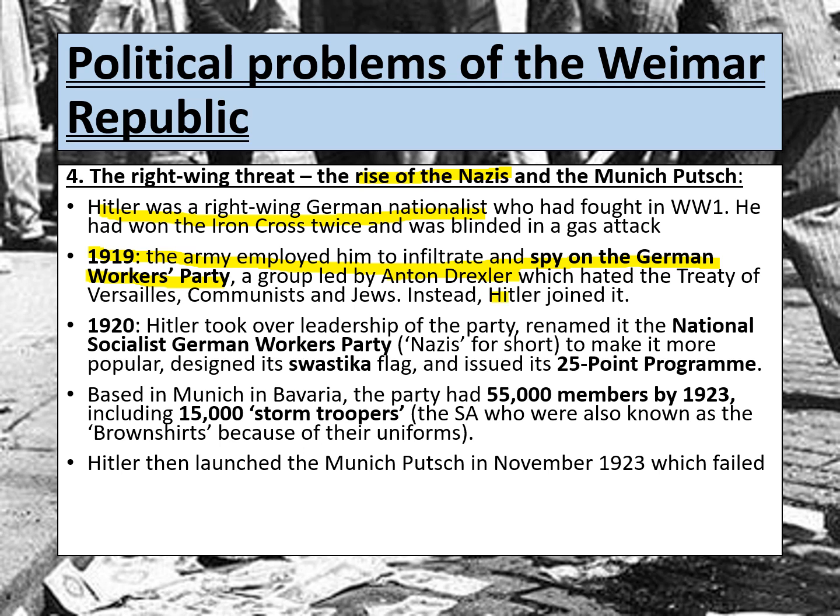So in 1919, Hitler decided to join the party. But in 1920, he then took over leadership of the party, and he renamed it the National Socialist German Workers' Party, which was called the Nazis for short. He also decided to try and make it more popular by designing the swastika flag. This would make the party more eye-catching and people would know who they were. But also he issued the 25-point programme, and this was again supposed to tell the German people about what they hoped to implement if they became leaders. And a lot of these points were about making Germany strong again. And again, some of these ideas did appeal to lots of German people.